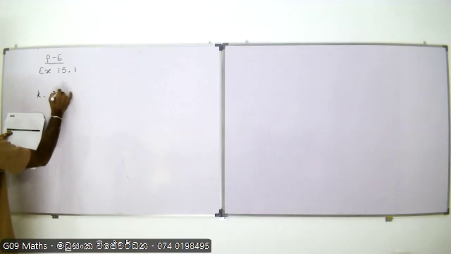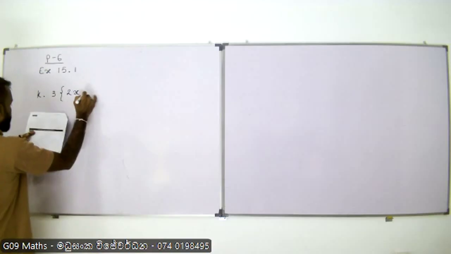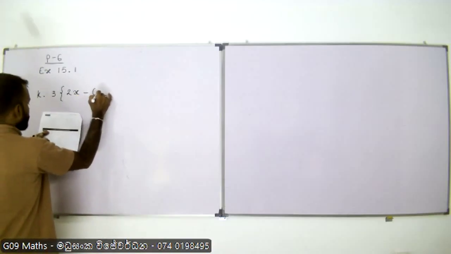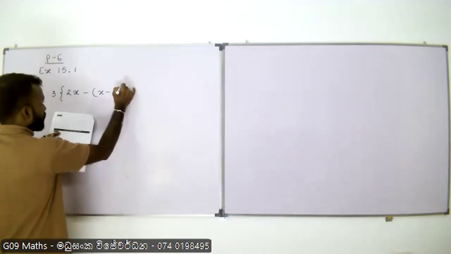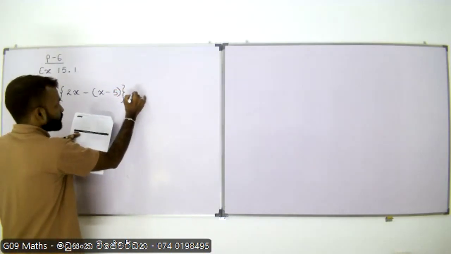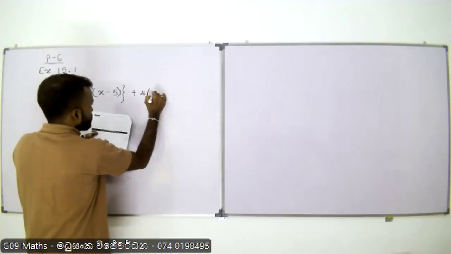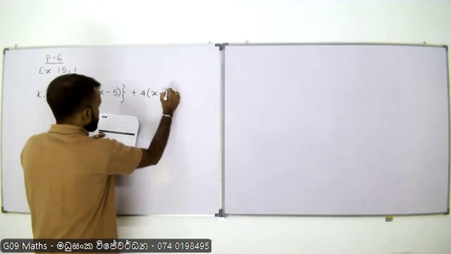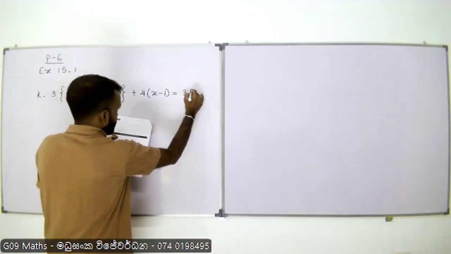I hope you have tried. Right? 2x minus {x minus 5} plus 4 times (x minus 1). This kind of thing can be in your exam. Okay? Right. So,